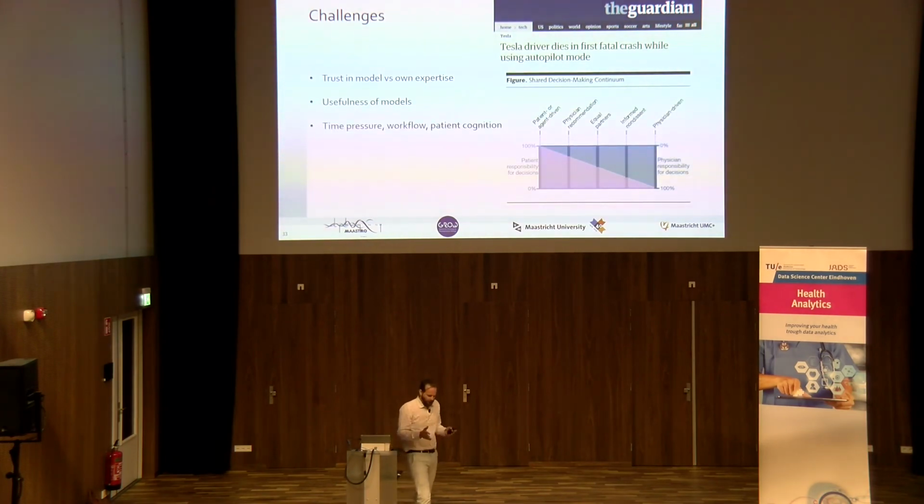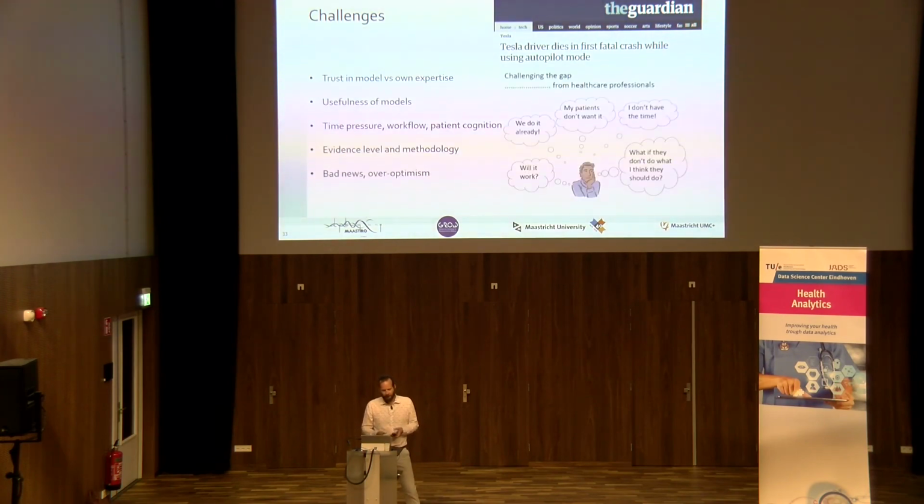Time pressure is a problem. So when you introduce these models into the clinic in lung cancer, patient hears they have lung cancer, and there's always a bad prognosis. It's not really a good disease to have. And then we introduce the models, and they have to run the models and choose between therapies. There's a lot of pressure there on patients, and patients don't understand it. So there's work to be done there. Models generally give bad news, right? Their doctors are optimists. They always think that the therapy will work, right? Which is not true. So models are more rational, and they give bad news often.